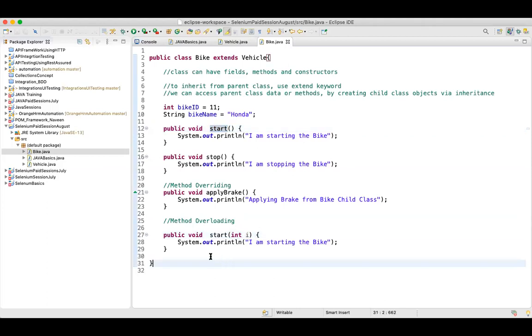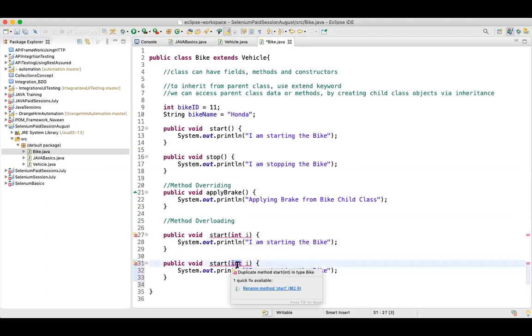When I say method signature, I mean your data types, right? For example, this particular method initially was accepting 0 arguments, and now it is accepting 1 argument, right? So now I have changed the number of arguments, so it's working fine.